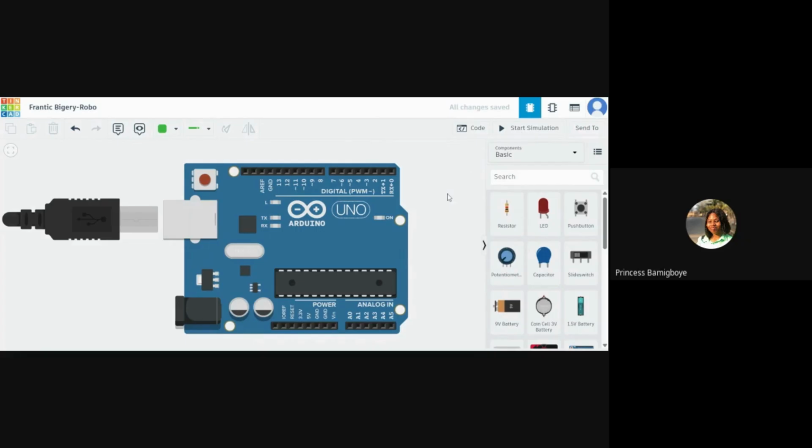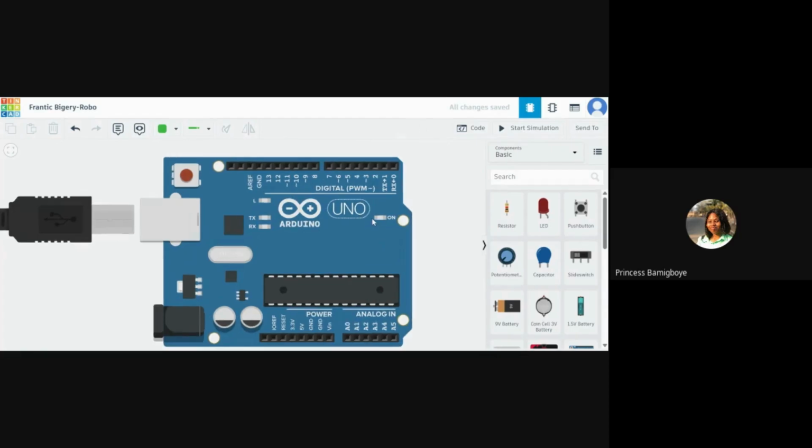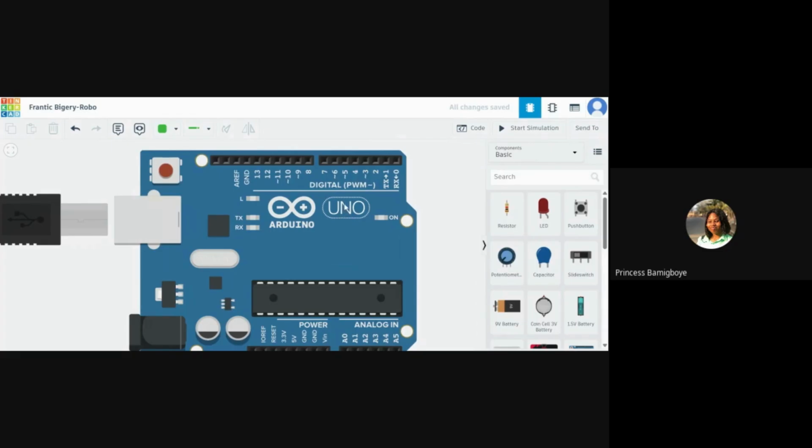So that is it essentially. Pulse width modulation, in simple terms, just helps you vary the value of voltage that is being sent to a device, whether an LED, a light bulb, a motor, whatever, to increase the brightness, increase the speed, or reduce it. So yeah, that's it for that. I think I've covered everything as far as digital pins go.